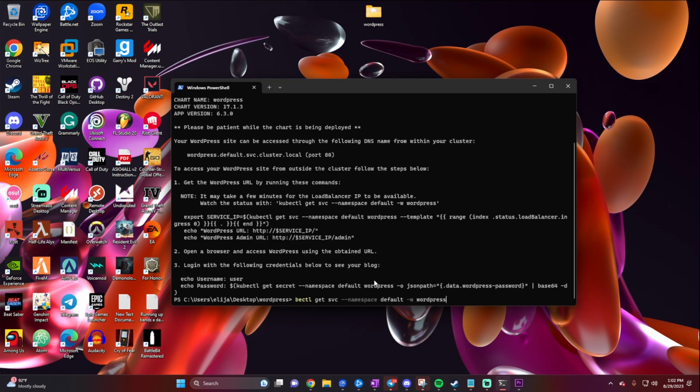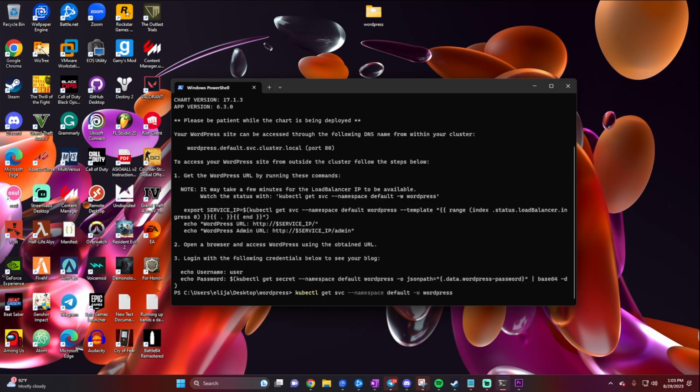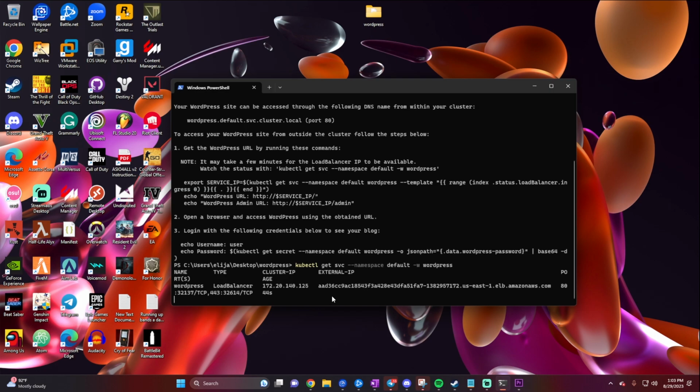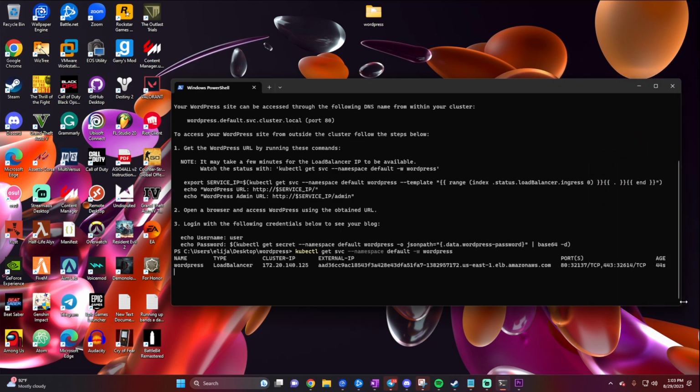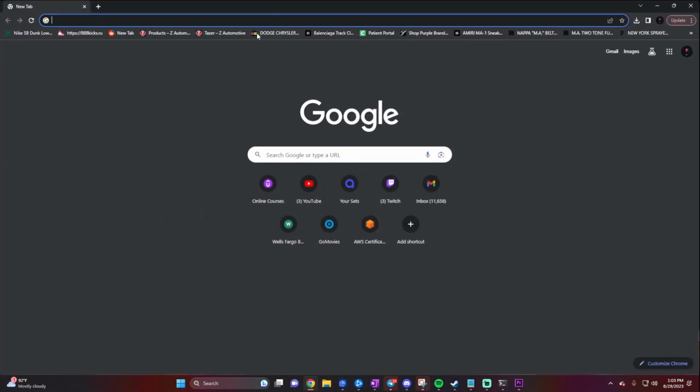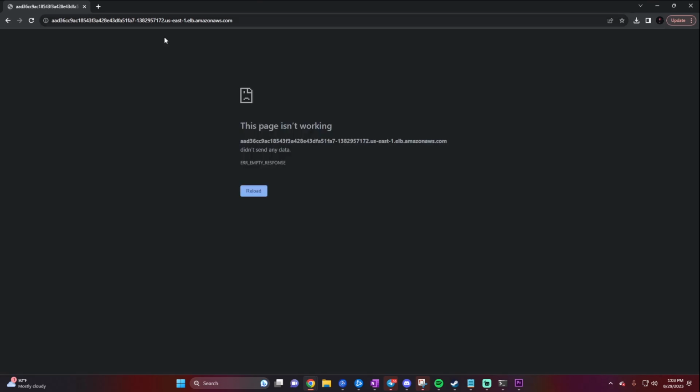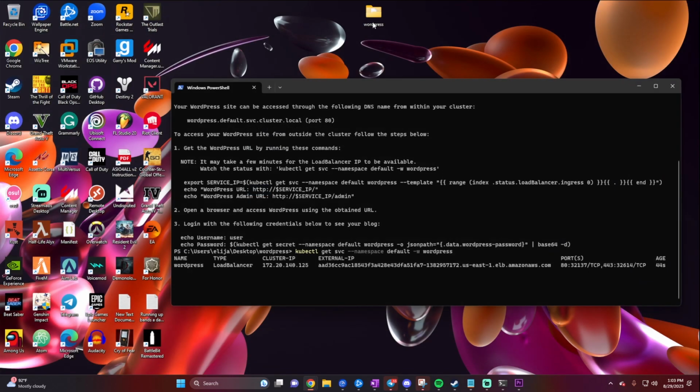But right now, if we want to watch the process here, we're going to type in kubectl get service, and this is the external IP. It looks like it already has been set up. The load balancer is already set up. So let's see if we can get connected. Open a new tab here and just put in this. Okay, it looks like it's not up yet. It's not up yet, but once it is up,